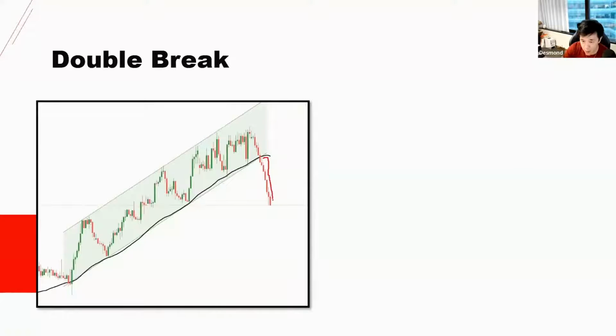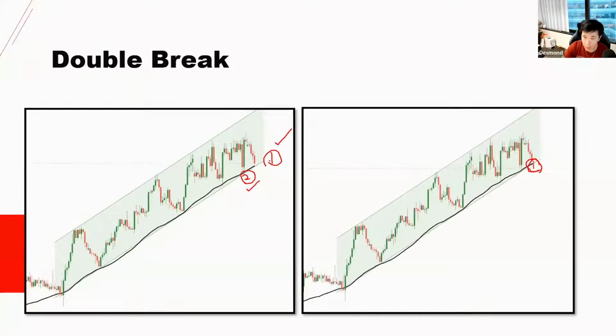You can see how price really broke nicely from here. There we go. And price comes all the way down to here, and you can see how the breakout worked out very nicely. But this is a double confirmation. It's called a double break. So it did not only break the channel, but it also broke the moving average. That gives us additional confidence that the break is successful and it should drop very, very nicely, which it